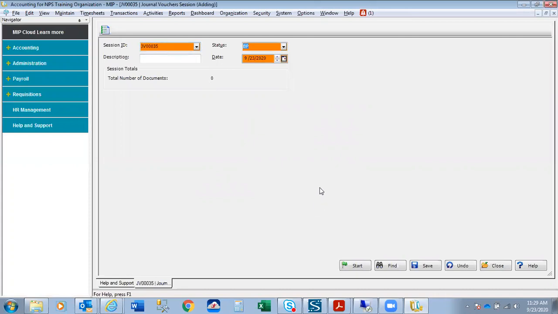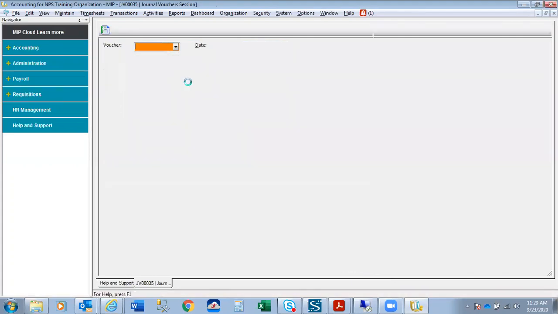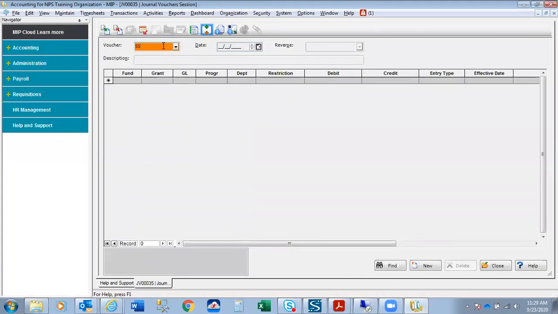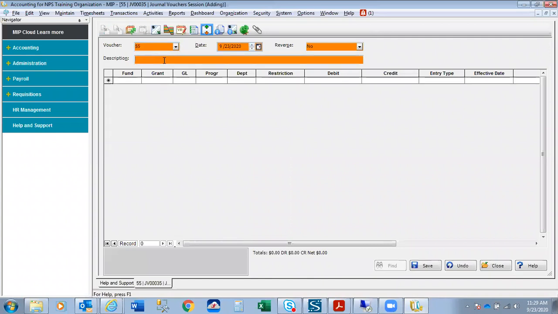This is applicable to any transaction type when you activate the advanced security. Okay, so just picking numbers here, and I'll just give it the word test. This is where the advanced security comes into play. My drop-down for fund only gives me 2 options, because those are the 2 options I granted to user